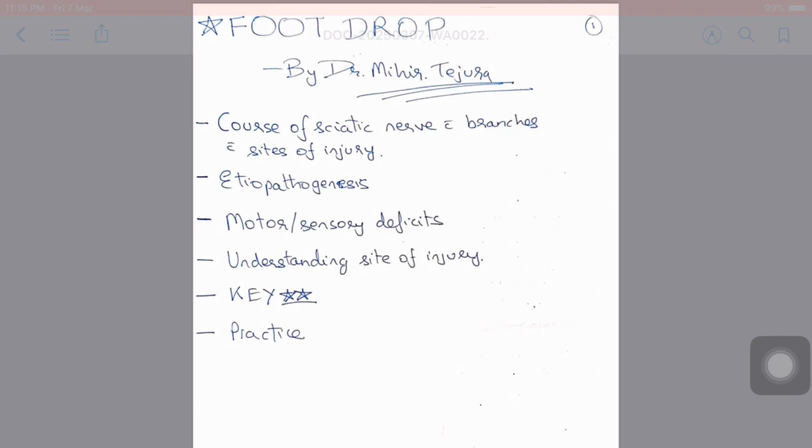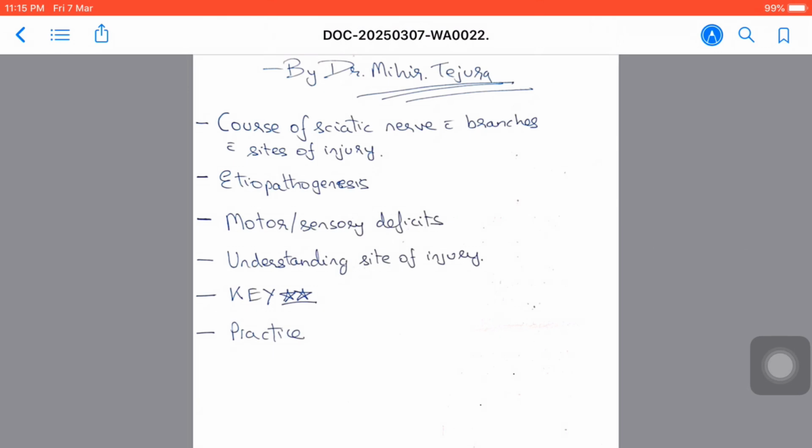Hello friends, so what we are going to discuss today is one of the most important cases or topics in any orthopedic practical exam around the globe, and additionally a topic that is a nightmare for any orthopedic surgeon if it happens post-op. And today we are going to discuss the concept and idea of foot